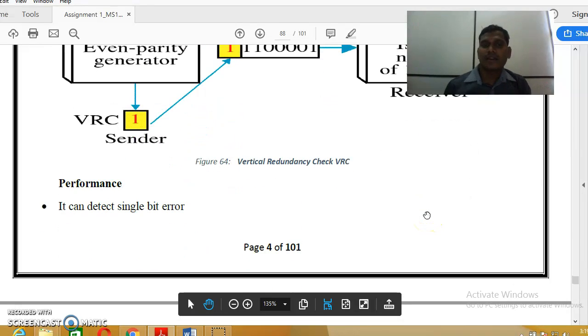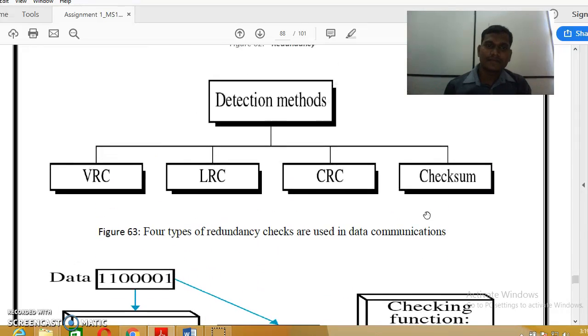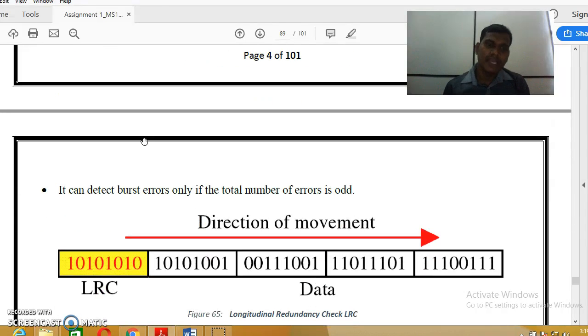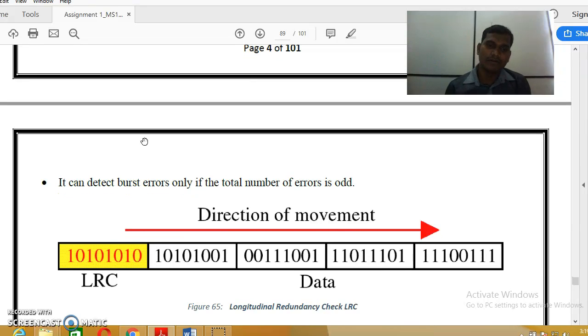In this error detection method, it can detect single bit error. It can detect burst error only if the total number of errors is odd, right? Then